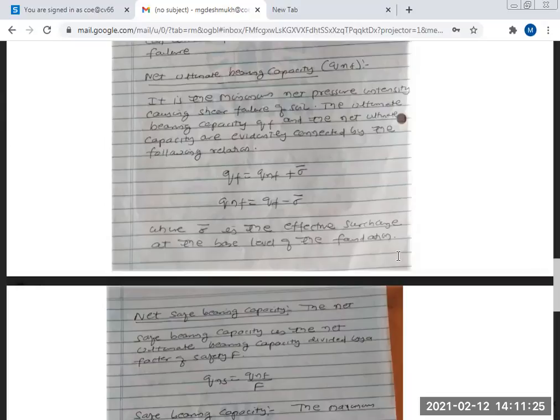First is what is gross pressure intensity. Second is what is net pressure intensity. Third, what is ultimate bearing capacity. And fourth is what is net ultimate bearing capacity. Got the thing? Now,